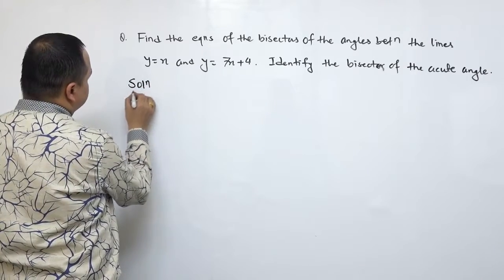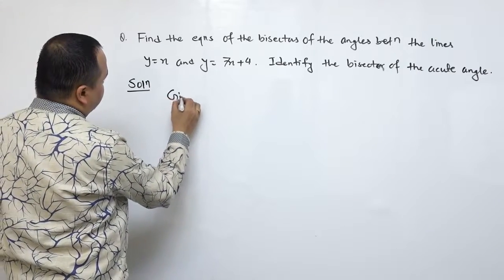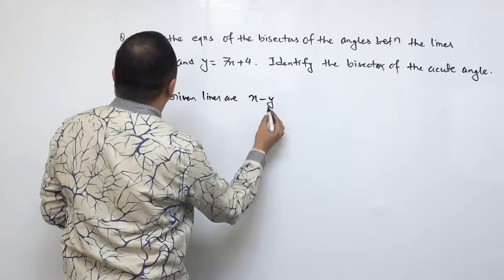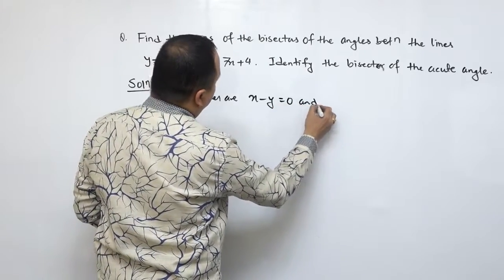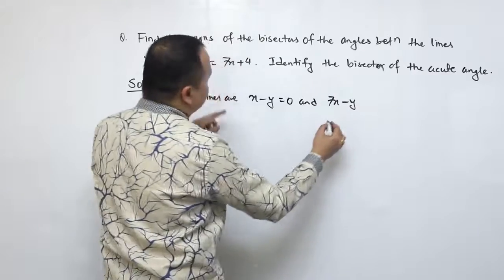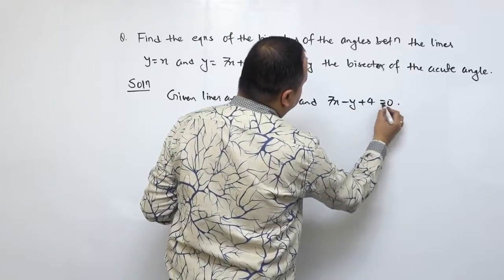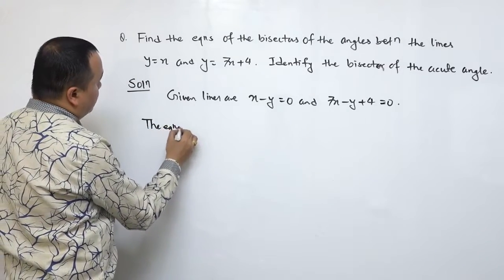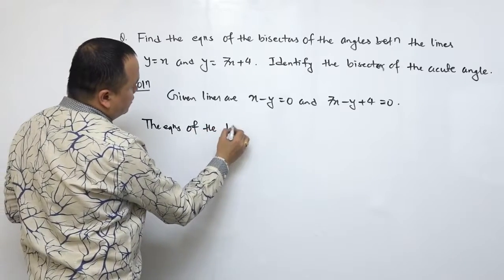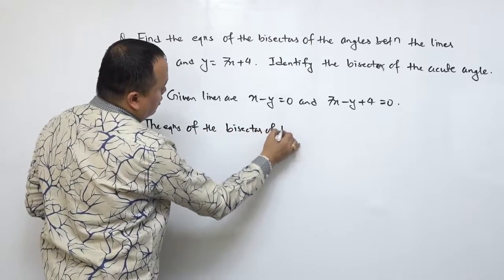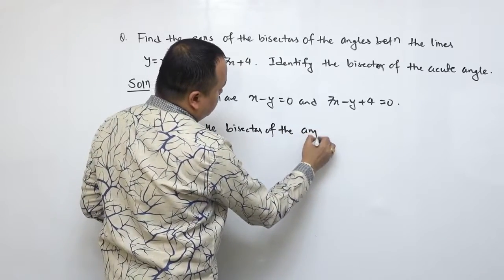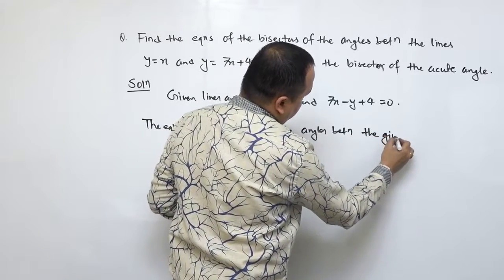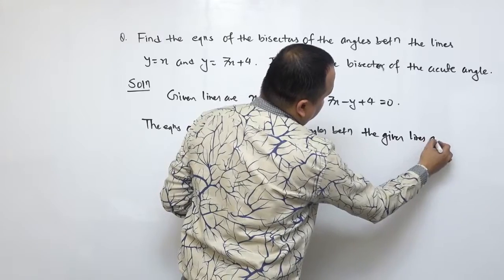Solution. Given lines are x minus y is equal to 0 and 7x minus y plus 4 is equal to 0. The equations of the bisectors of the angles between the given lines are